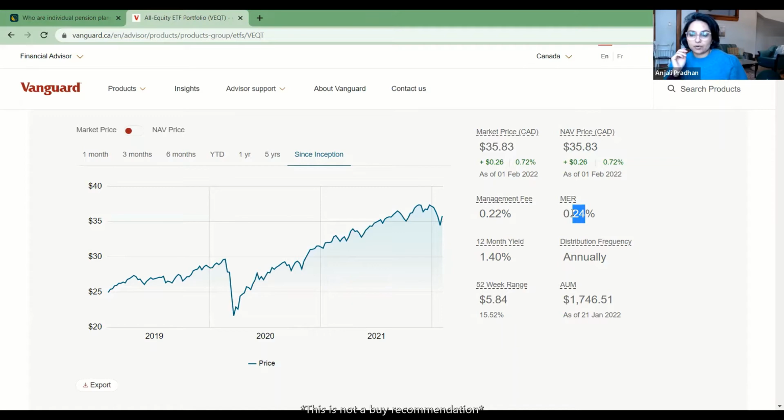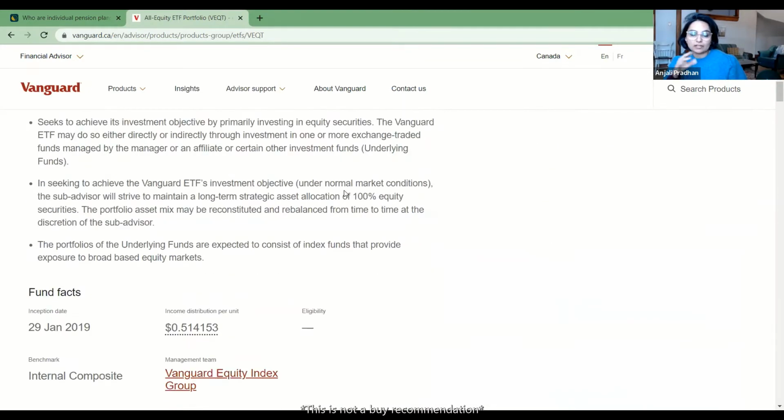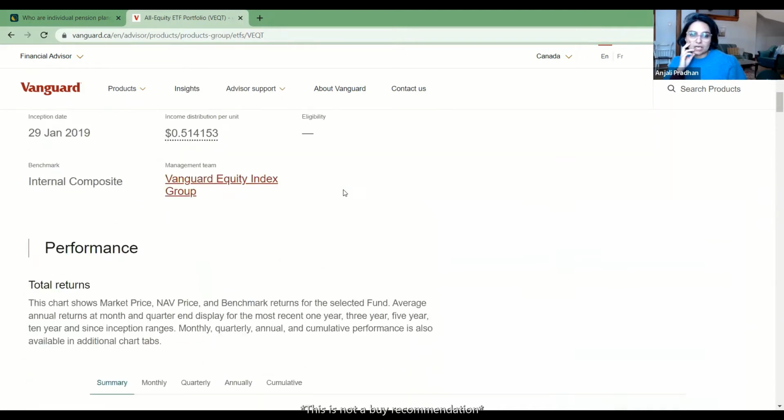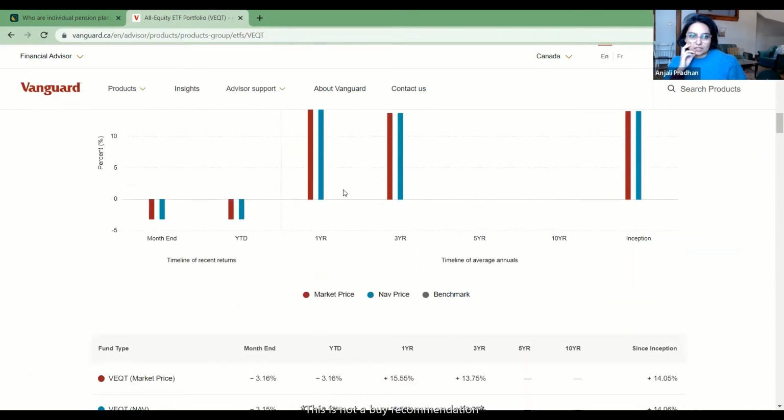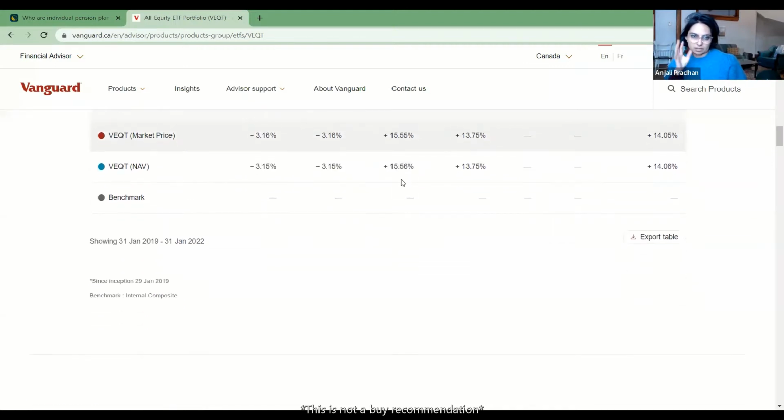MER is 24 basis points for an all equity. Okay, so let's see actually what all equity actually means. And I'm glad you dropped this, Laura, because a lot of our students get stuck in the picking the ETFs section, and it really shouldn't be the case. So we're looking to add some more resources to that section. But I think this is going to be helpful to a lot of students who are here today.